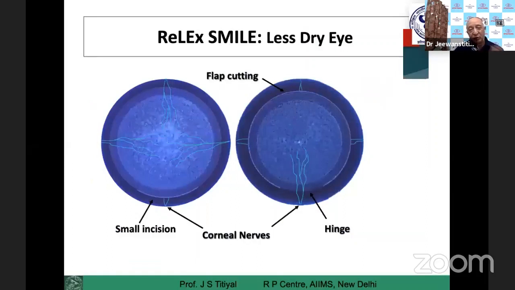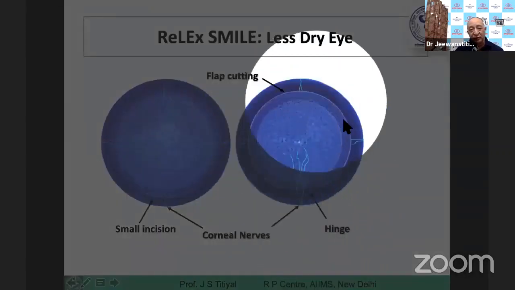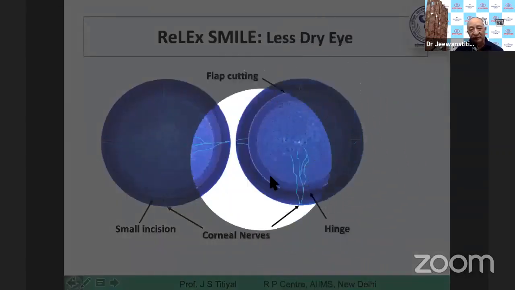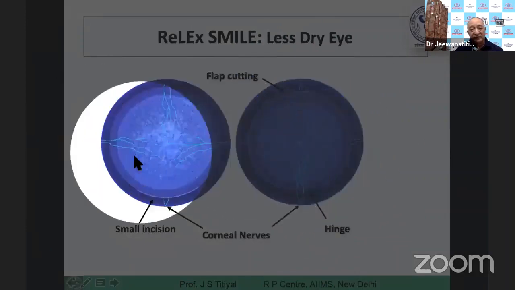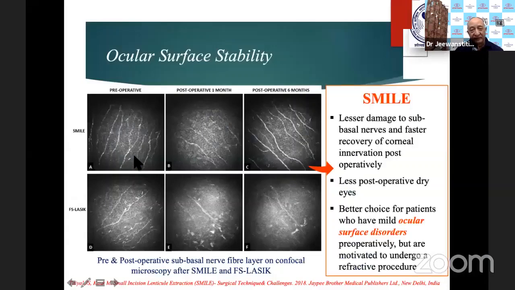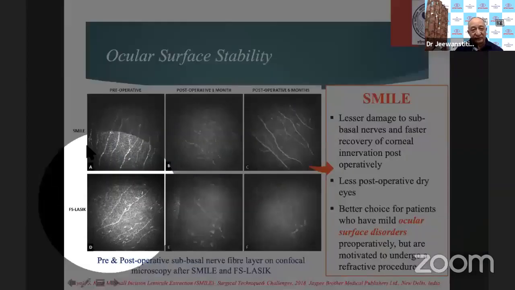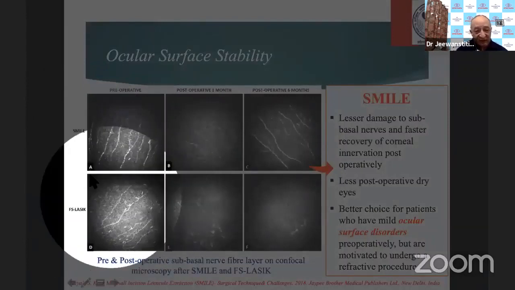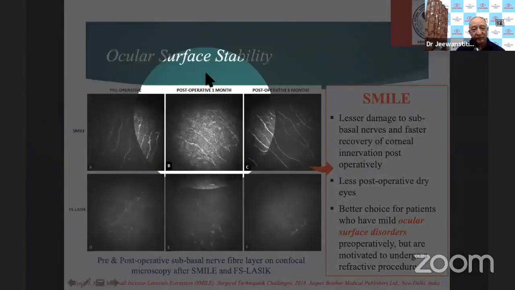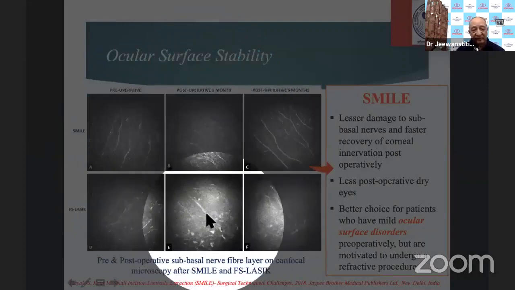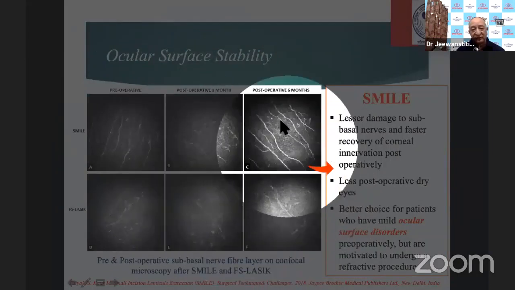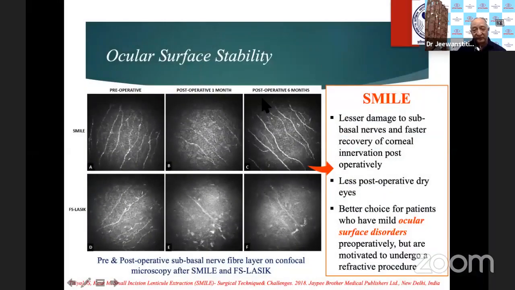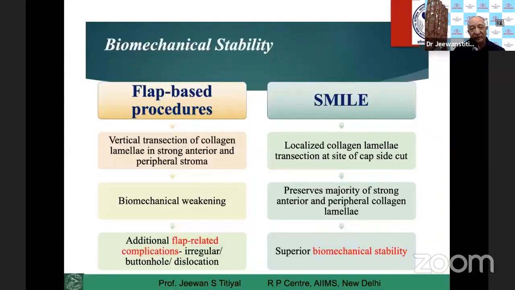Another important consideration was ocular surface and dryness in these patients. If you see here, in LASIK patients we cut almost more than 280 degrees. We have all the nerve plexus all around. While with SMILE, you can still save the nerve plexus and the recovery will be better. This is a picture from one of my patients. You can see this is a SMILE patient. This is a femtosecond LASIK patient. Pre-op, they're almost similar. At 1 month, there are hardly any nerve plexus visible in a LASIK patient. At 6 months also, see the difference between a SMILE and LASIK patient. The nerve plexus, which are seen at the sub-basal level, are far better in SMILE. Therefore, the ocular surface would be better in SMILE patients.